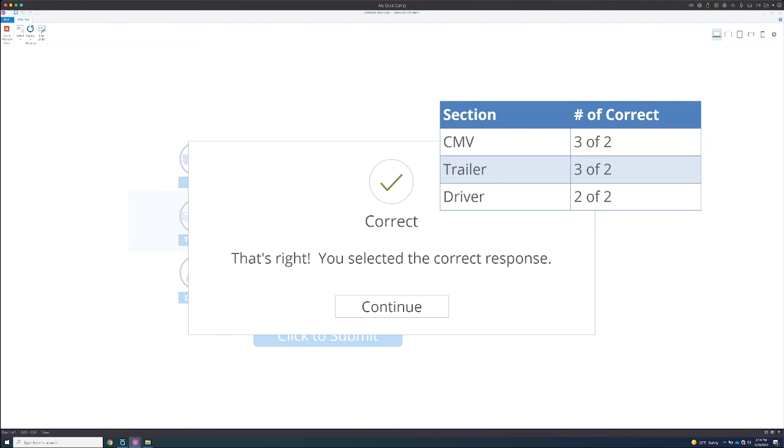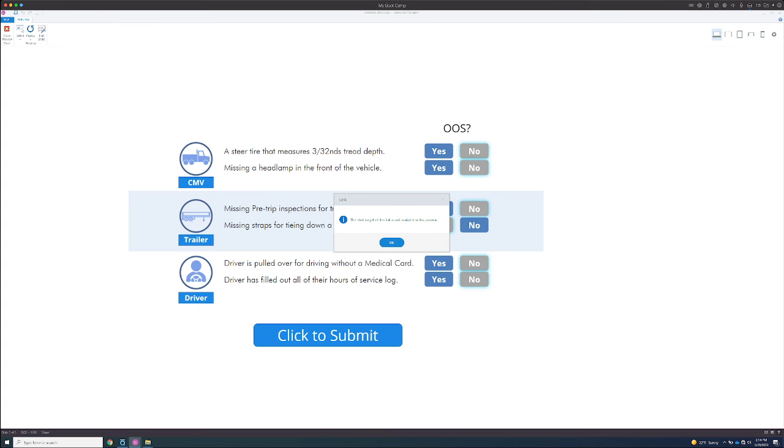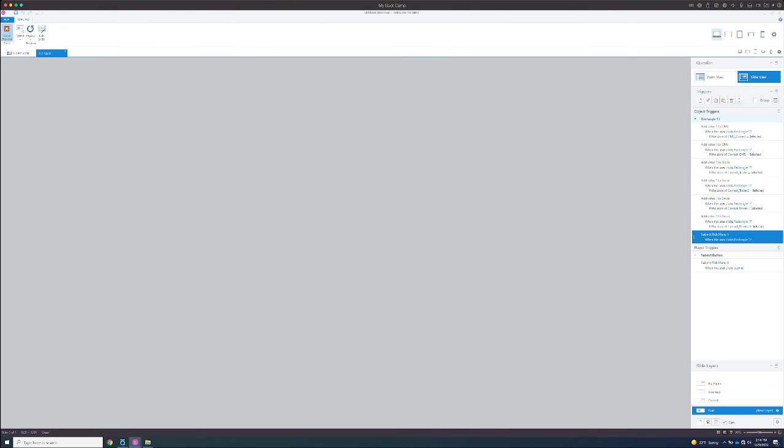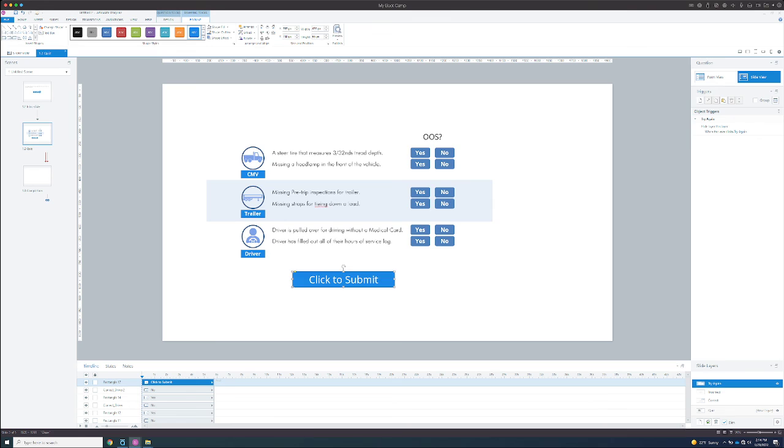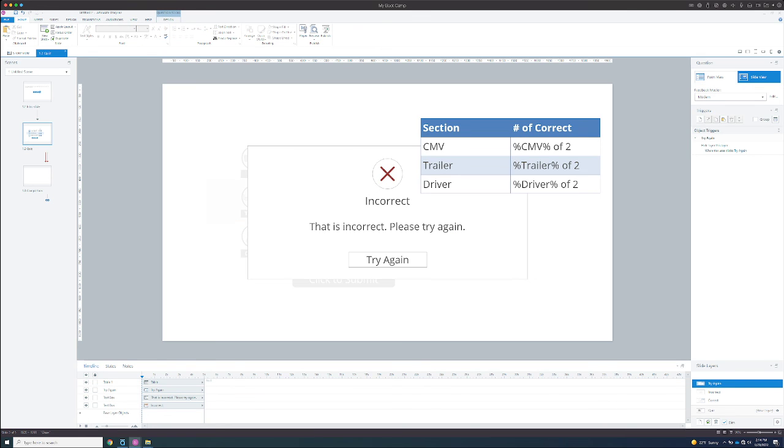How did we get there? We did not have a reset of the variable in our try again slide. So anytime you're dealing with number variables, it is very important to have a reset of the slide or reset of those variables. So what you can do here is go into your incorrect or try again slide,